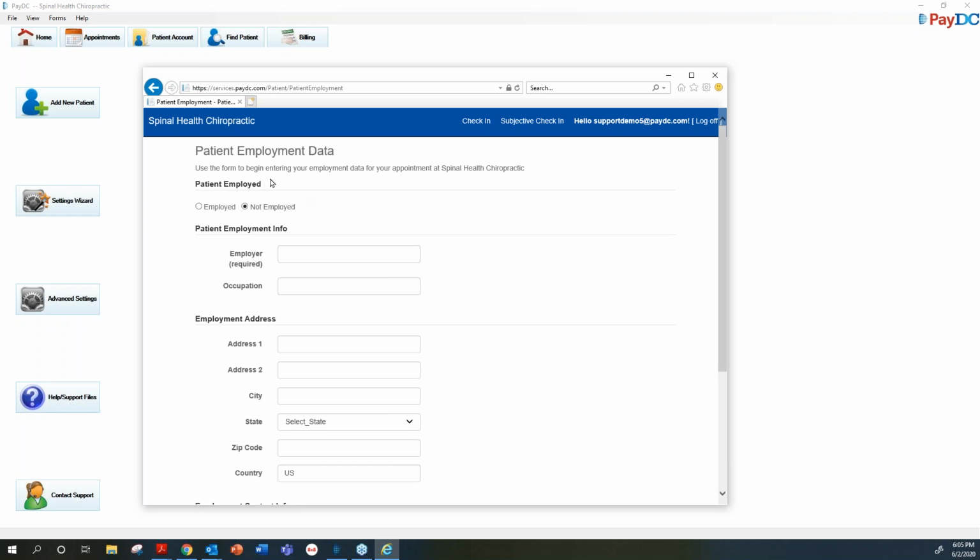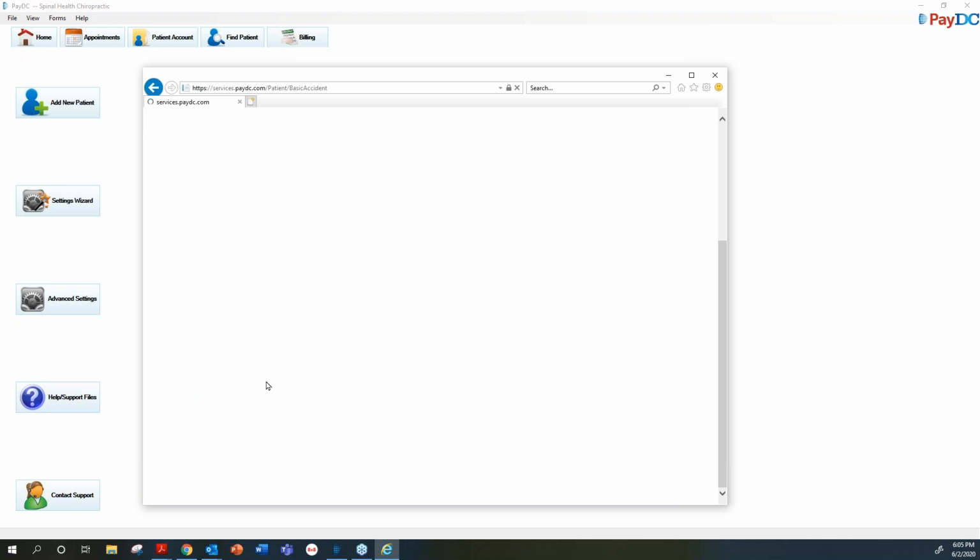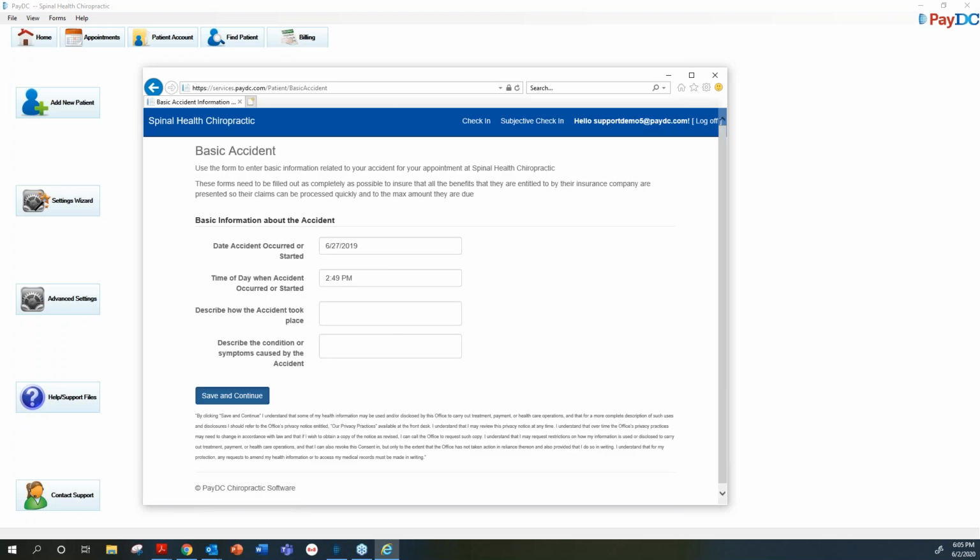So Bob enters his employment data here, and then we save this. And it starts to ask him about his accident. So this is the accident questionnaire. This is where it differs. If we had said non-accident or work-related, this would be a different questionnaire here. So Bob gets in here and says, well, the